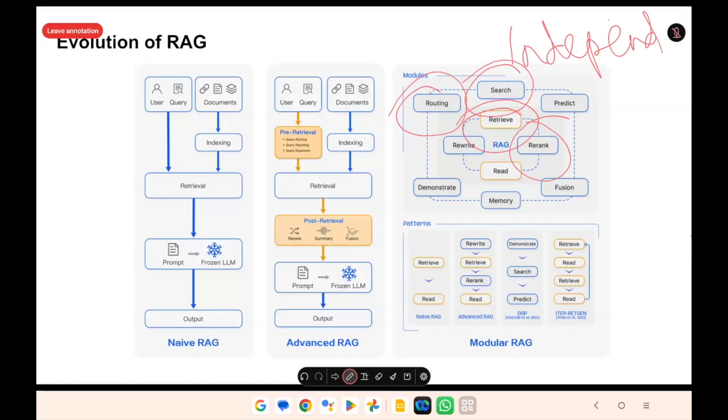The advantage is that it acts by itself. So I ask a question, the retrieval module may go to a routing module, it may go to a search module, it will fetch the details, and then finally send that to generate the answer. So modular RAG is conceptually just independent modules. That's all.